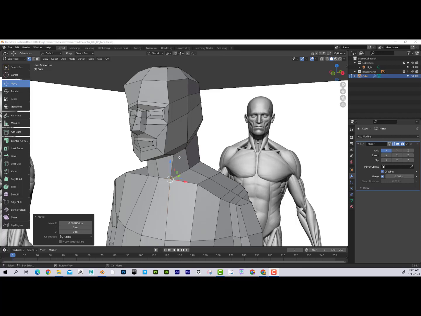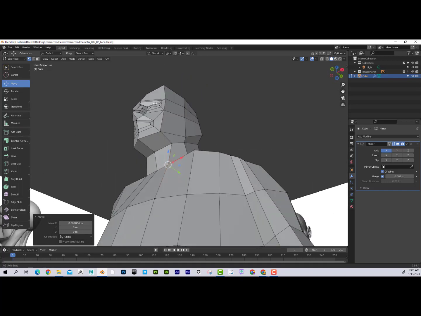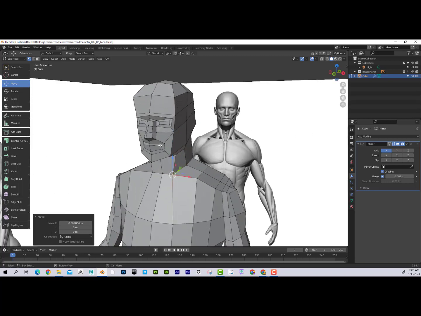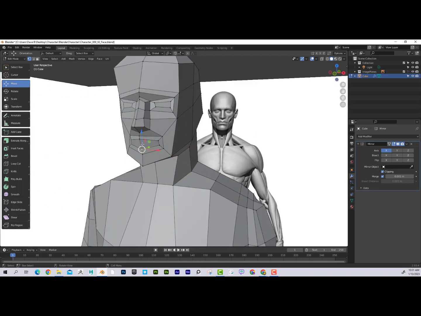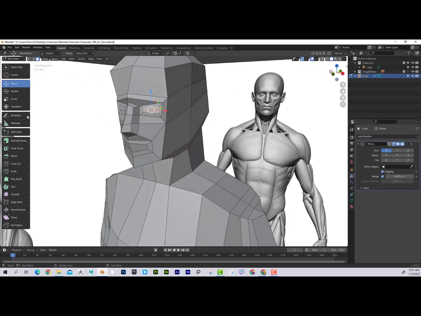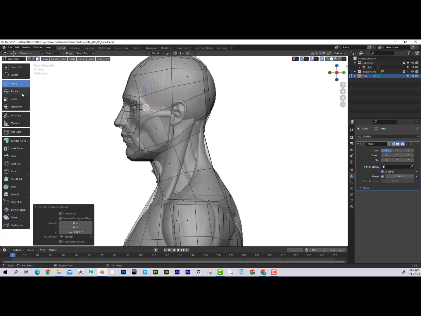Now I'm going to talk about the eyes and the mouth. Okay, so we've got our loops established. Now I feel like I want to create the cavities for the eyes and the mouth. To do that, I'm going to go to face mode, select the eye, and I'm going to hit E for extrude, bring that back, turn on X-ray,